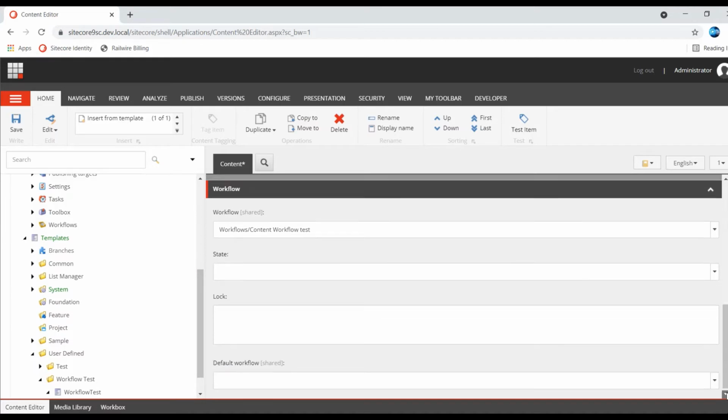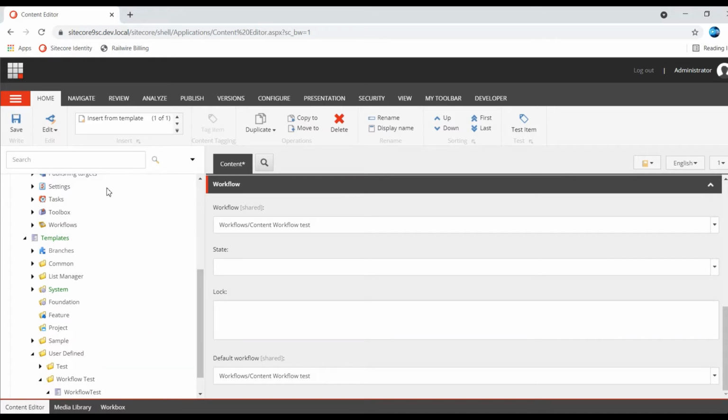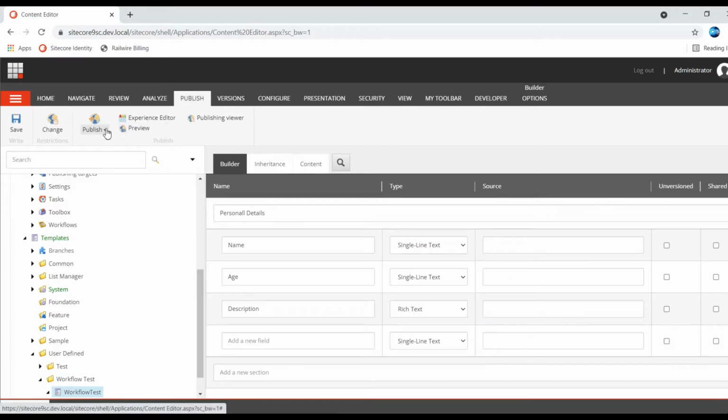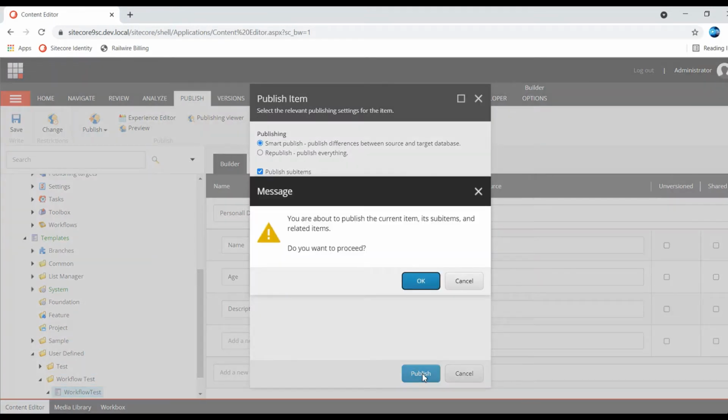And the default workflow as content test. Also content test. I'm saving this item and just publishing it. Now my item template is ready.